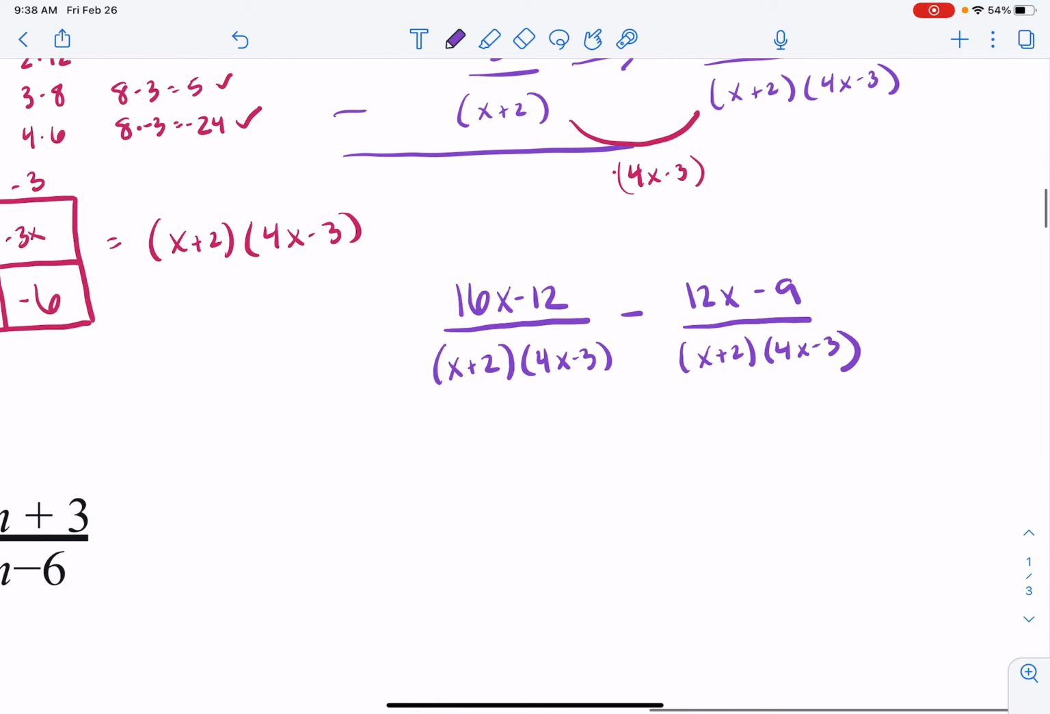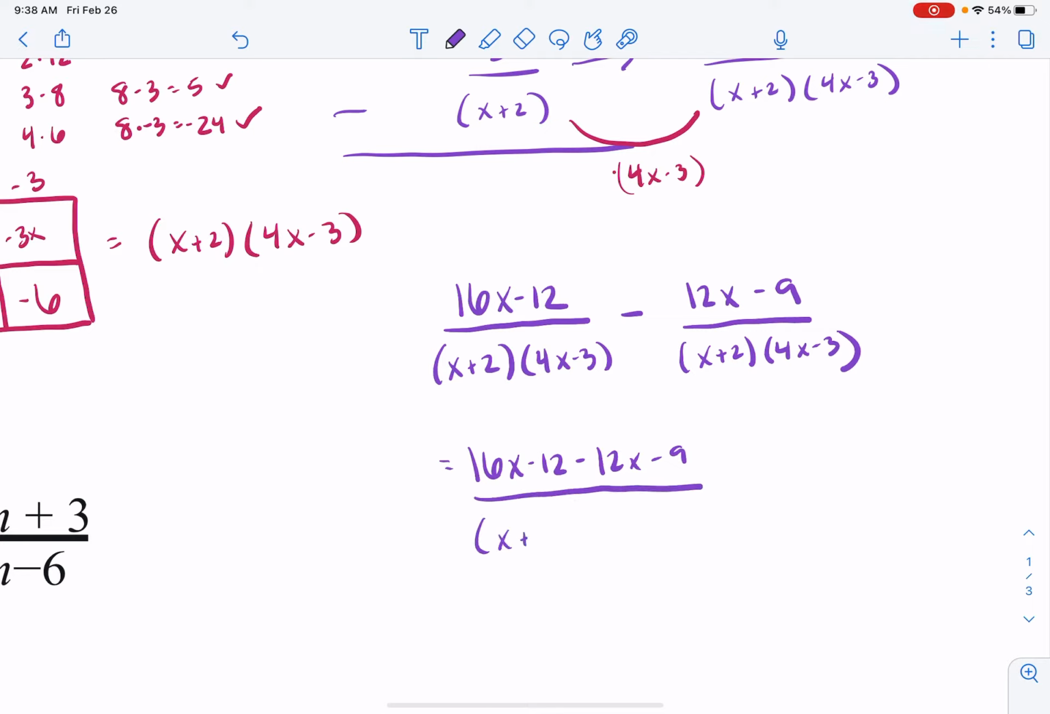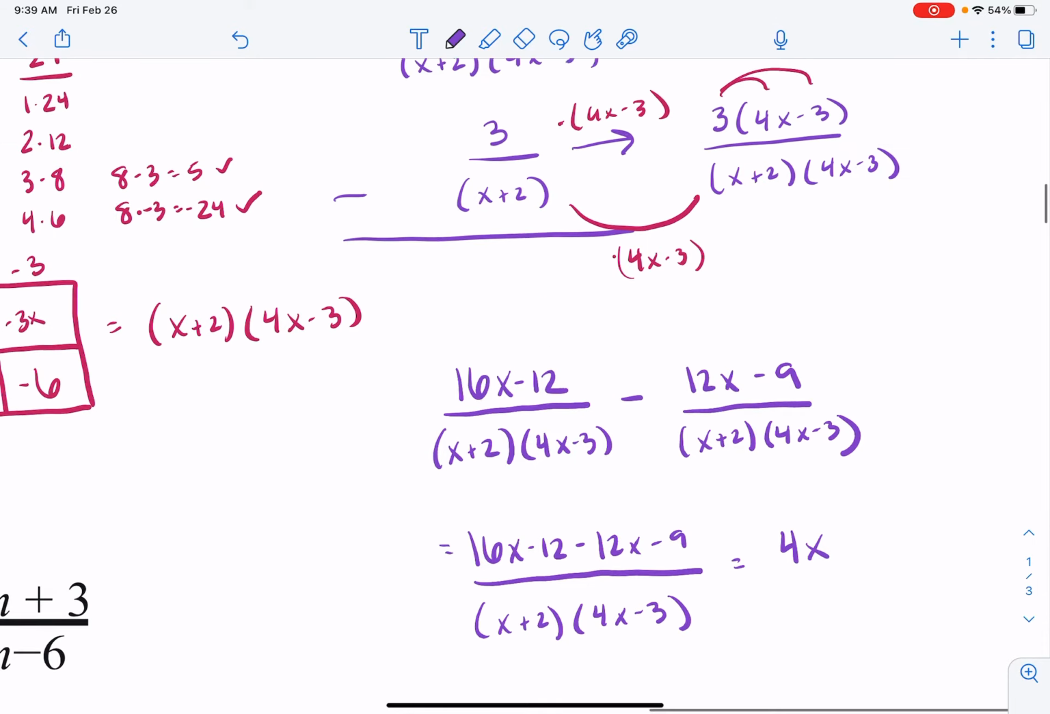We can combine. So we've got 16x minus 12 minus 12x minus 9, all over x plus 2, 4x minus 3. Let's combine our like terms. So we've got 16x minus 12x, that would be 4x, and negative 12, oh, sorry,